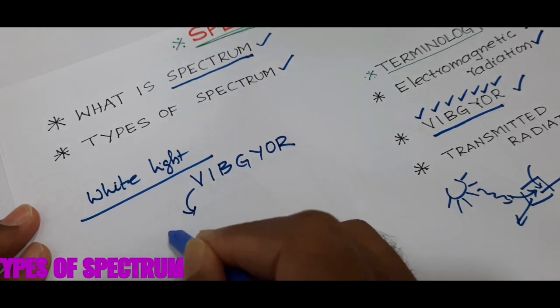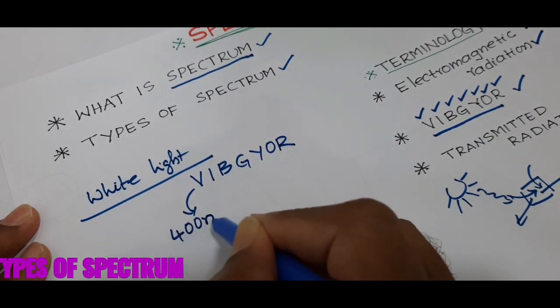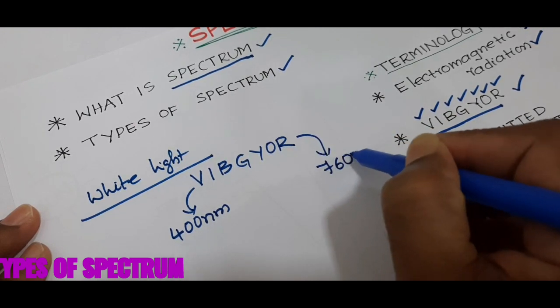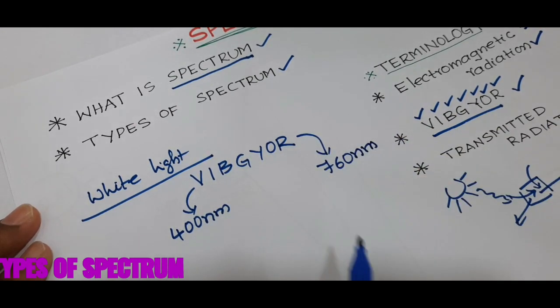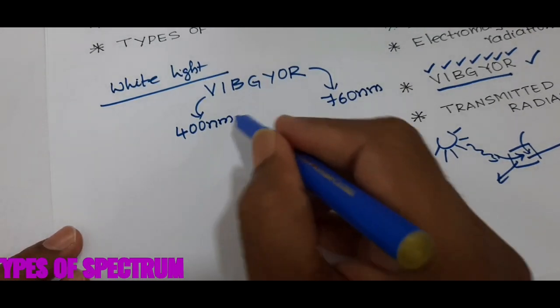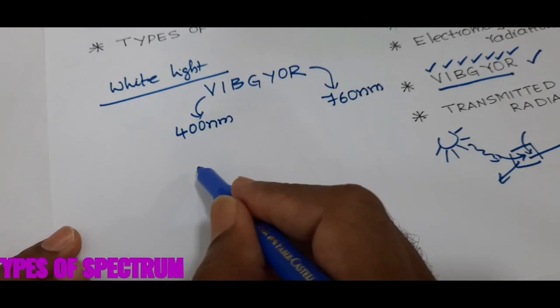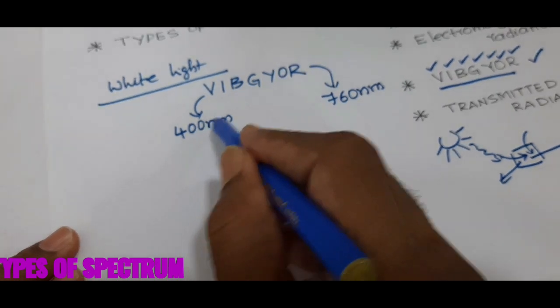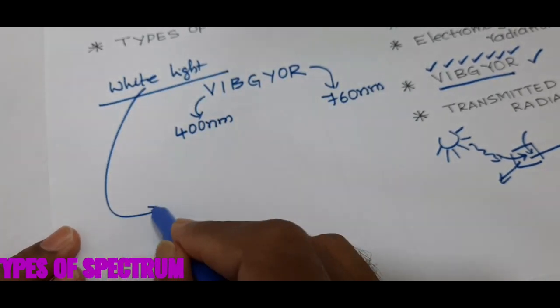It has wavelengths from around 400 nanometers to around 760 nanometers. With the help of a prism or a spectrometer, all these radiations of the white light are made to fall on